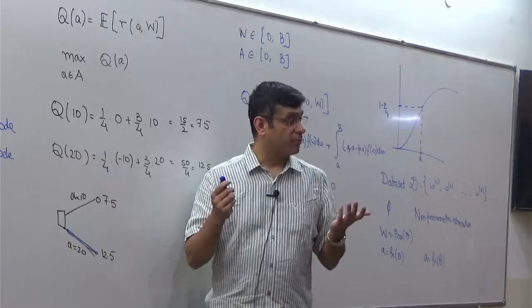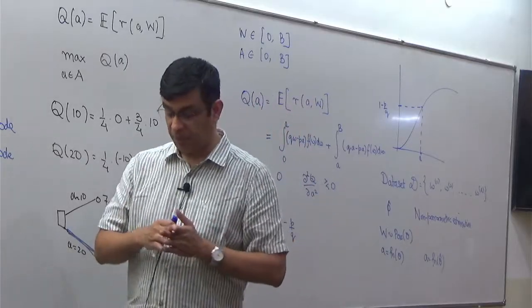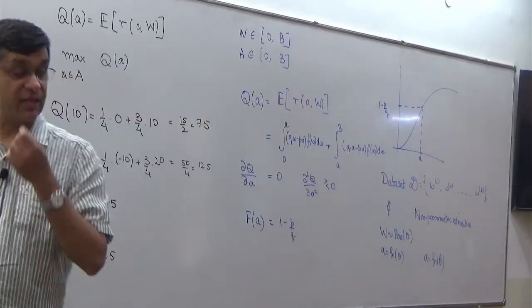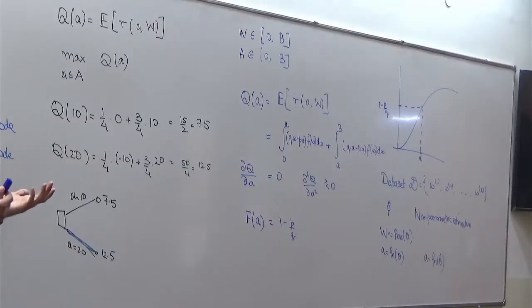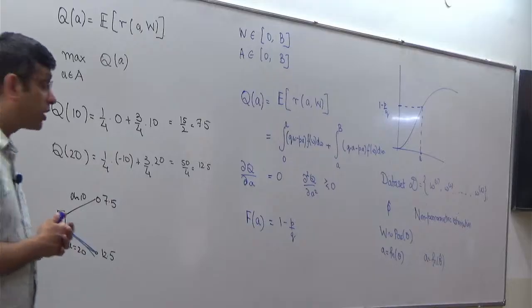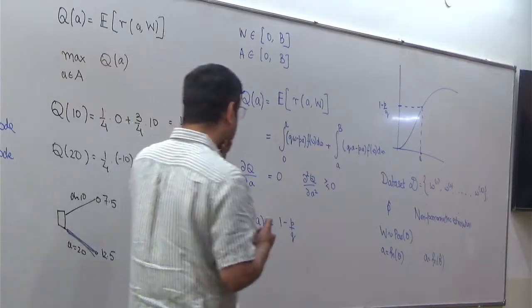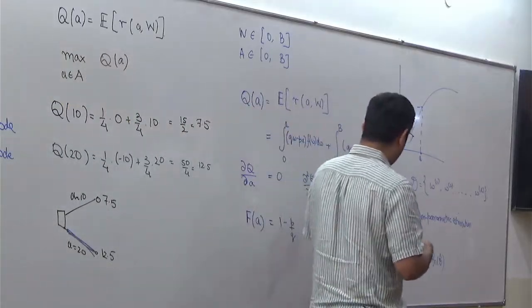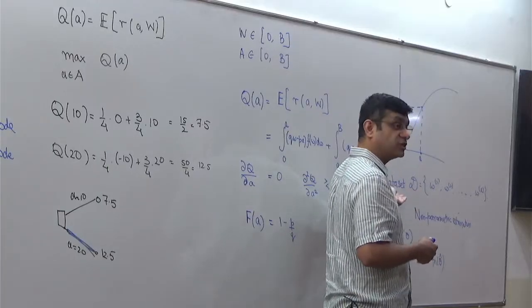I don't know what the true demand is. I have people who have observed the demand. I can pay them to get some data, but they are giving me different quality of data at different costs. So what I would really need to understand is, if I take a data set of certain size,